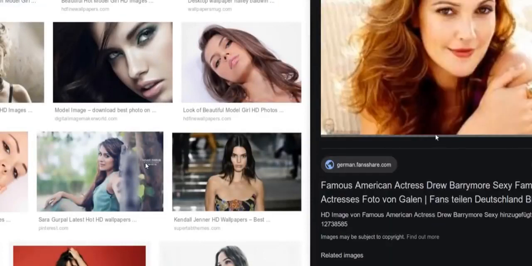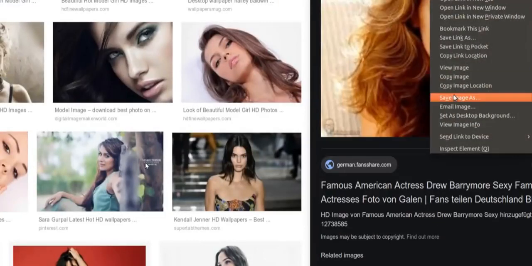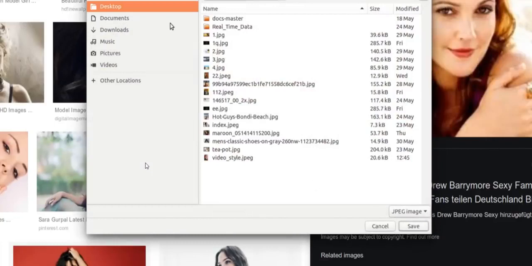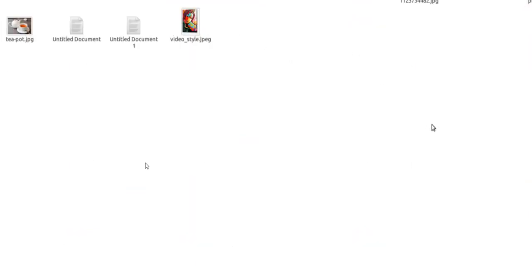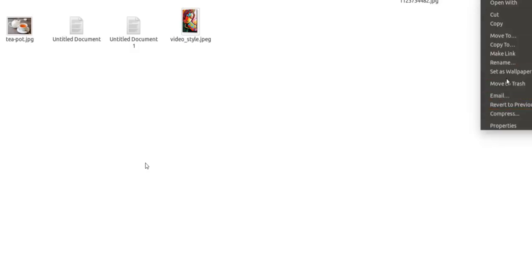Oh, Drew Barrymore. This is one of my favorite actors. So let's download Drew Barrymore, and I name this image original image. I'm saving it in JPG format. Okay. So now let's see what I have on the desktop. So one is the original image.